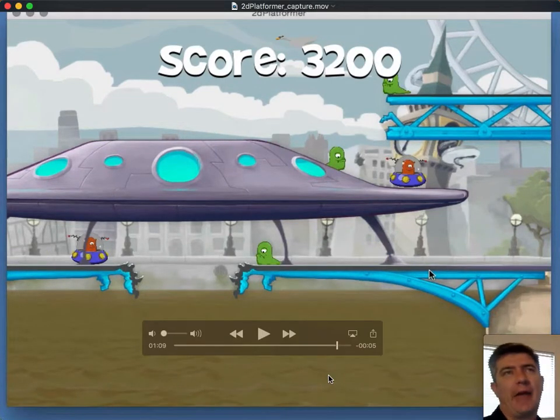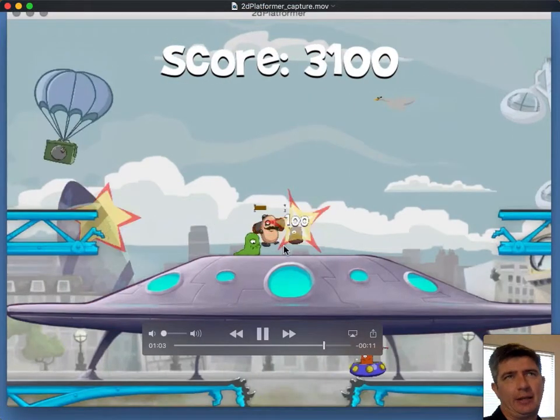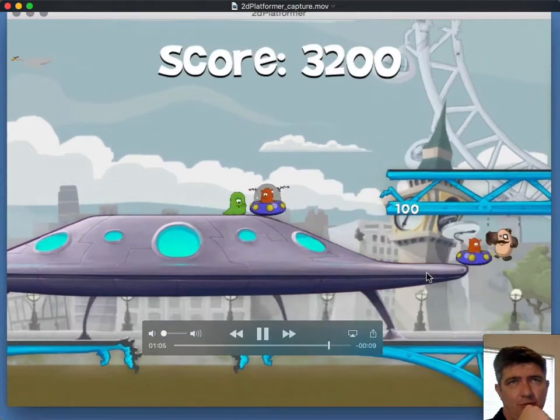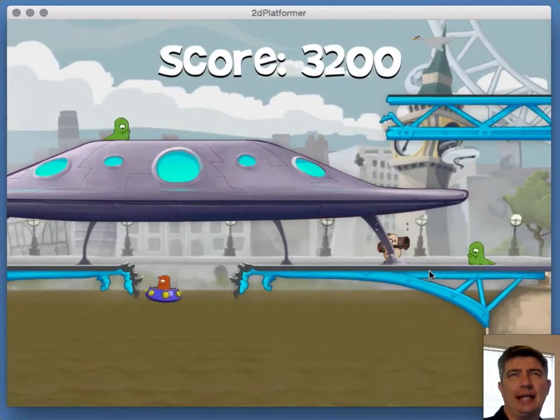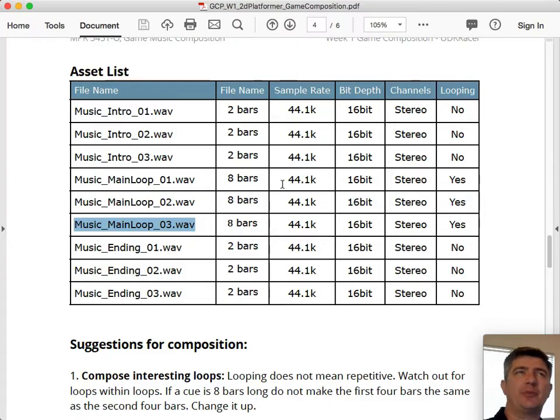So at this exact moment, it has been playing through all these main loops, and randomly chooses each one of them. As soon as you lose that last bit of health, it's going to cut off whatever main loop was playing. And you're not guaranteed where you're going to be. You're not going to be guaranteed at which bar or beat, or that it's going to transition in sync with anything. It's going to just hard cut off of whatever main loop it was on and immediately transition into one of your 3 ending cues.